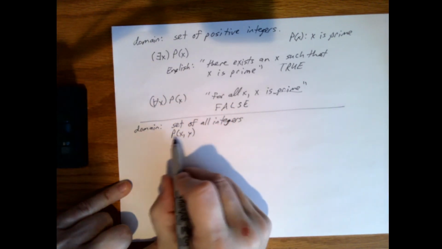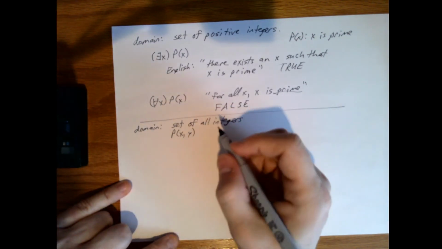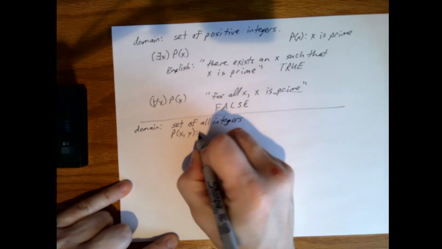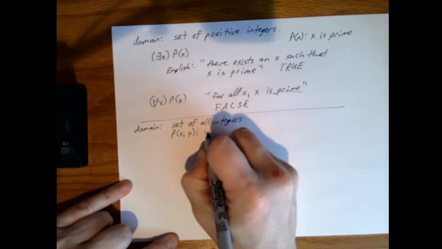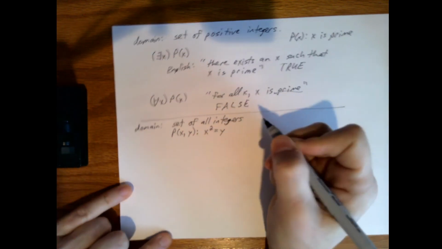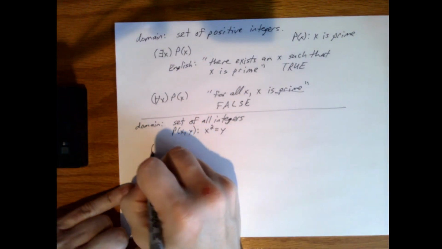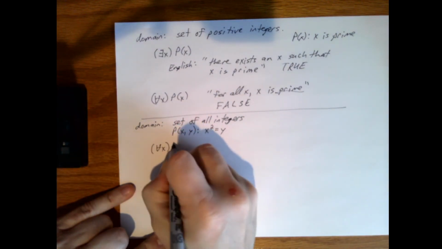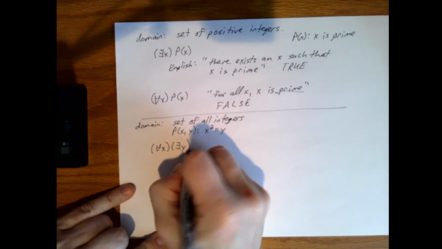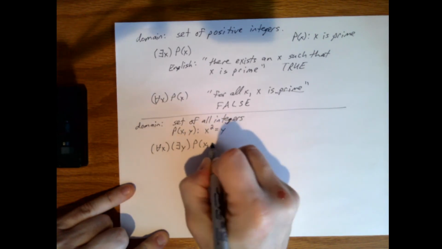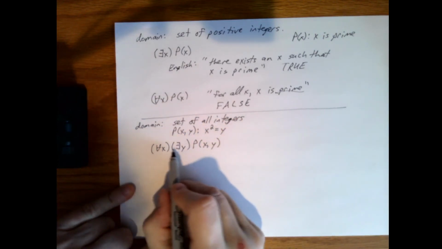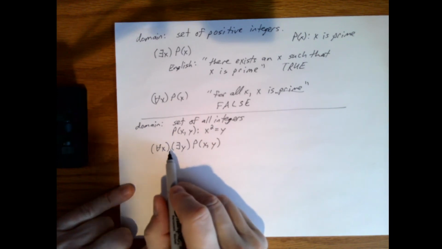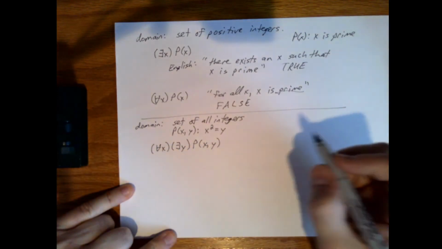Because now we have multiple things that have properties, is x squared is equal to y. And what if I wrote this? What we're demonstrating here is that order of these quantifiers matter. So this translates into,